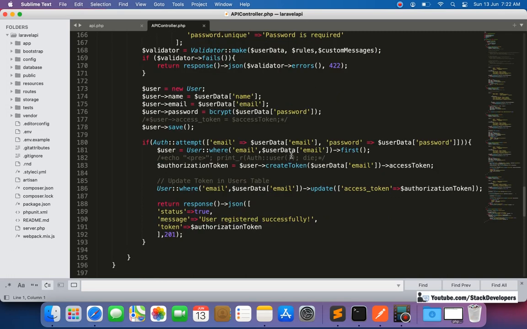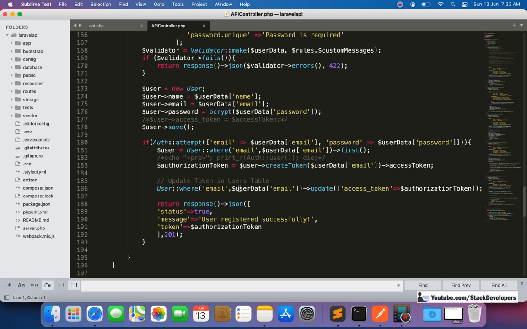And after that, we are going to use the auth attempt to verify that the email and password are fine, picking up the recently inserted data from our table. Then, if it is fine, we fetch the details of the user from the email, and we create the token with the help of Passport itself to get a strong token.